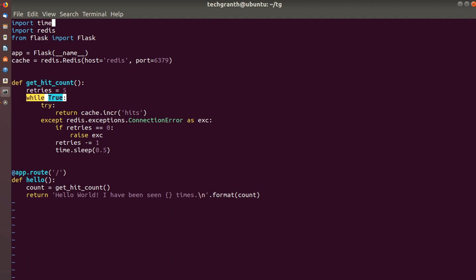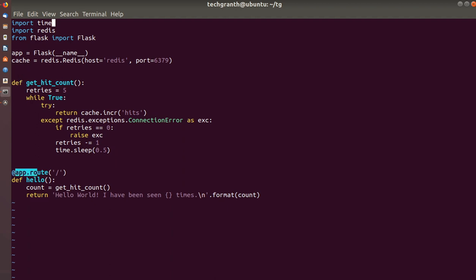While True, we try to return cache.incr hits, and except if we do not get this, then we use redis.exceptions.ConnectionError as exception. If retries is equal to 0, then raise an exception, or else retries decrements by 1, and time.sleep 0.5 second.